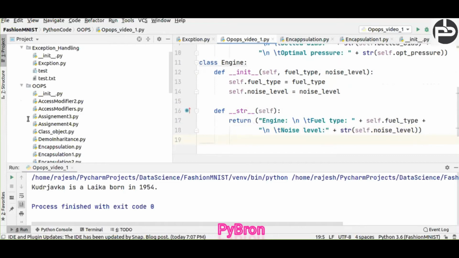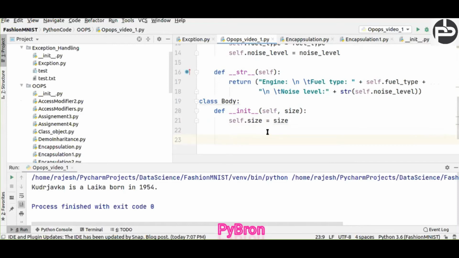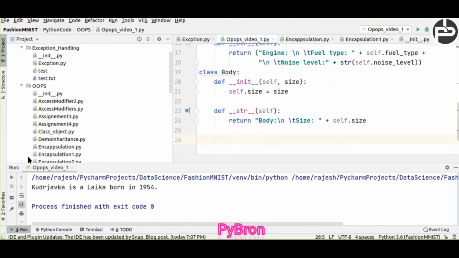Next I'm going to create one more class, Body, and inside it I give the size and initialize it, and then I call the string method here. You know very well what the use of the string method is.